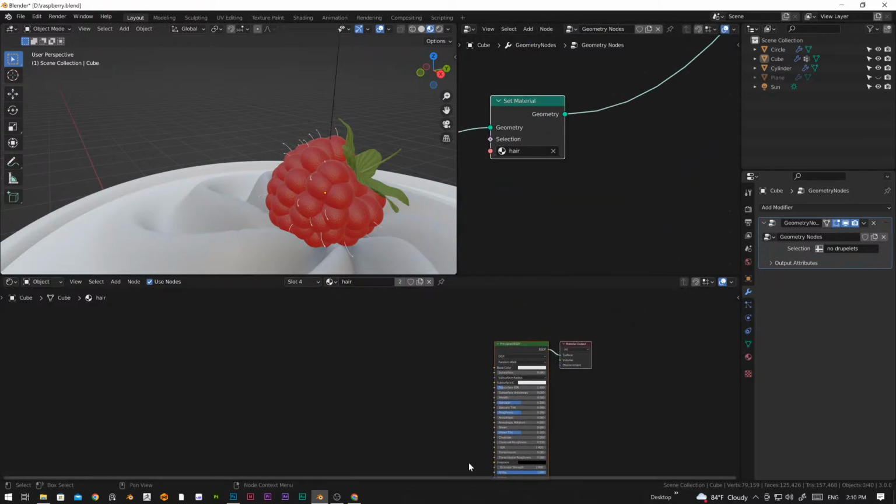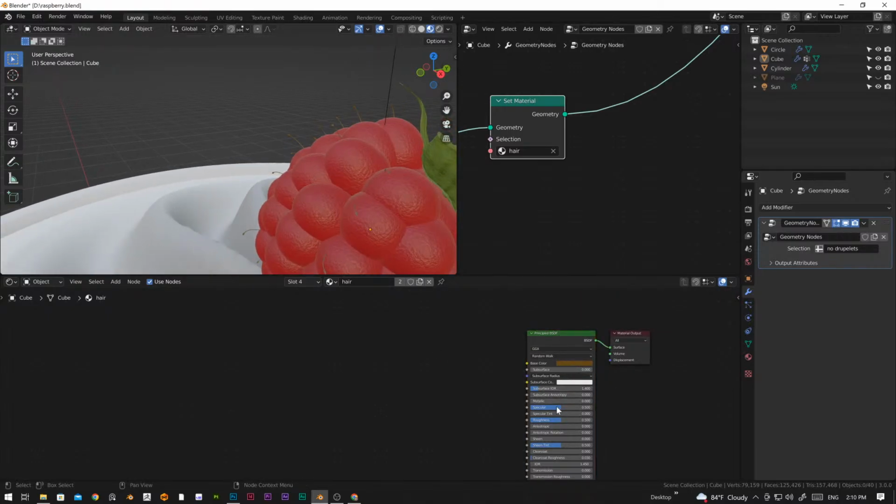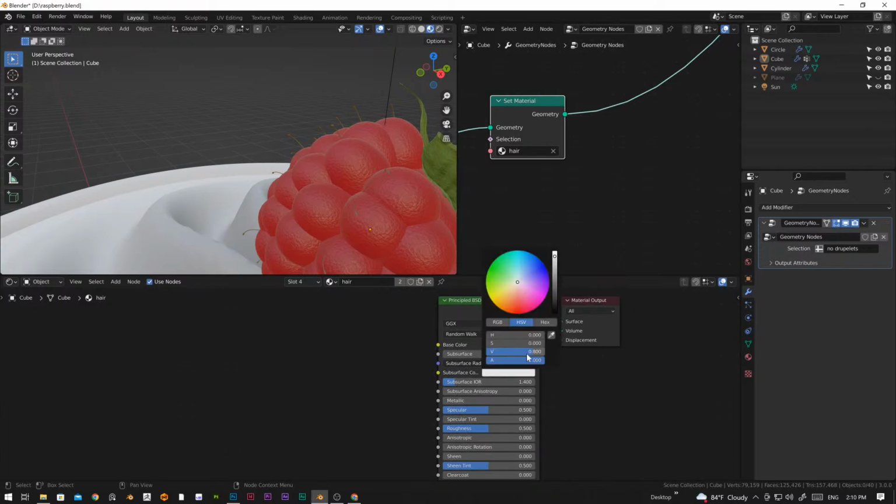And what we're going to do is just change the base color of the hair to brown, around this brown, yep. And we are going to create a subsurface color to kind of orange